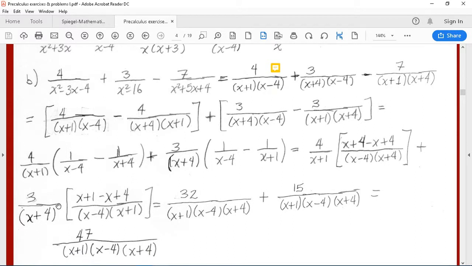Okay, so let's go to our next exercise. 4 over x squared minus 3x minus 4 plus 3 over x squared minus 16 minus 7 over x squared plus 5x plus 4. So here we have